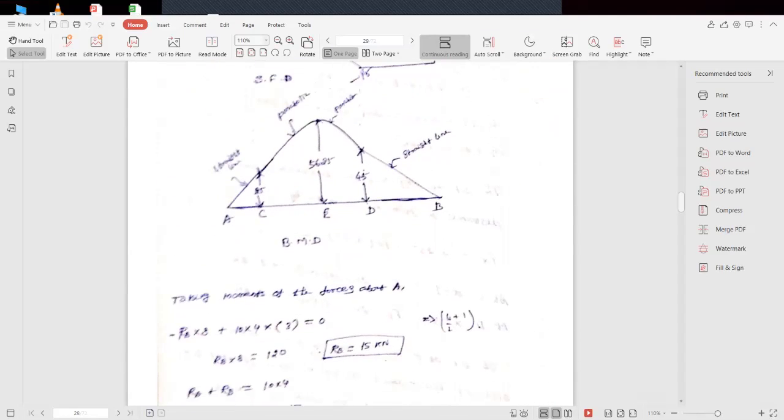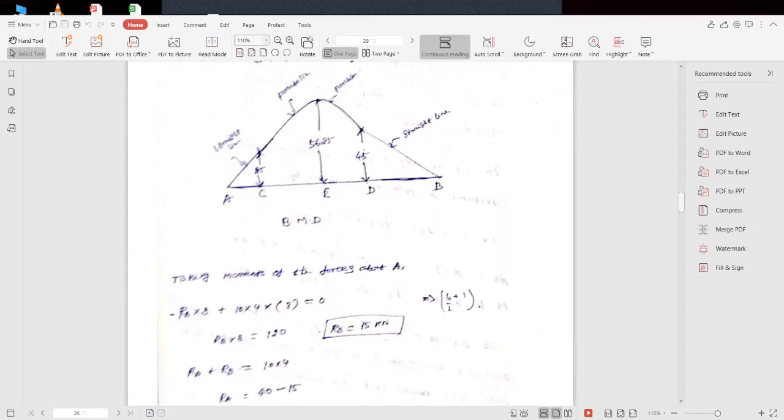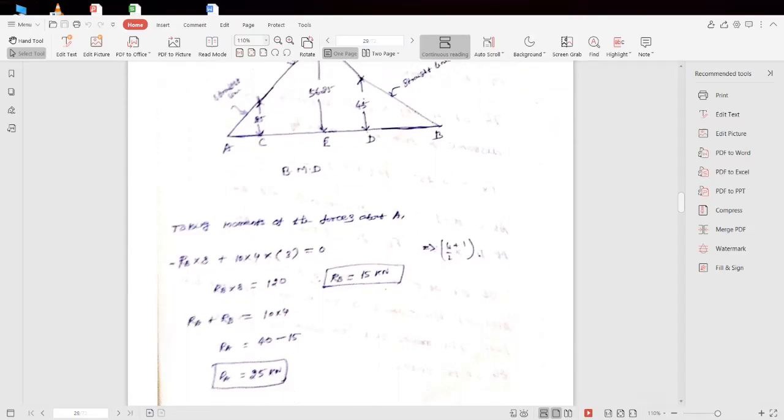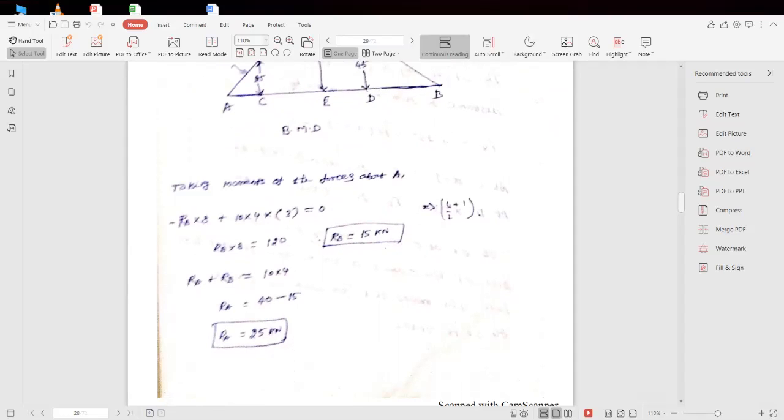You know very well, we have to take the moment at the support A, sum of the moment at A will be equal to 0, or sum of the moment at B will be equal to 0. And then you have to use another formula, sum of the upward force will be equal to sum of the downward force. If you use these two formulas, you will get the reactions RA and RB. Now I am considering the sum of moment at A is equal to 0. Now we can consider the section moment and find out the reaction value.